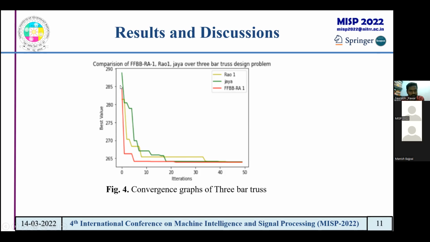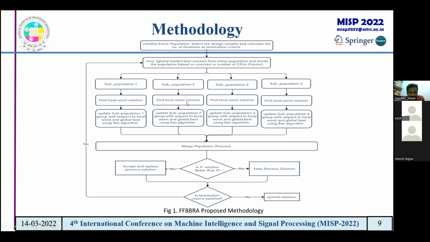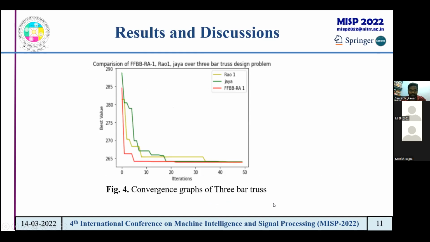These are the number of iterations, and this is nothing but the best value, in the sense when the algorithm termination criteria is satisfied, we get the optimal value. So for the first iteration, what is the optimal value, for the second iteration, what is the optimal value, in this way. For every iteration, whatever the optimal value, according to your result, which parameter name is very suitable for this y-axis?